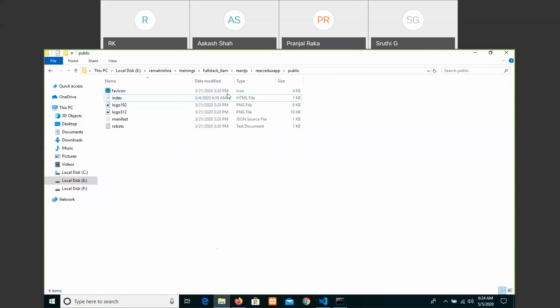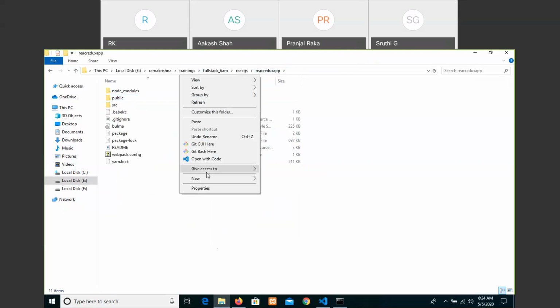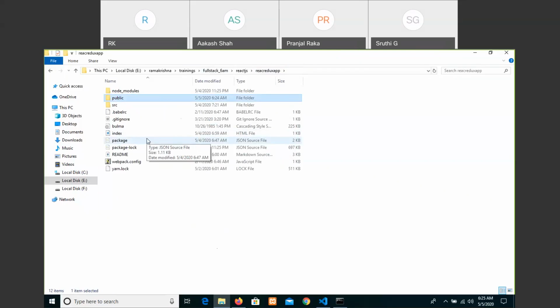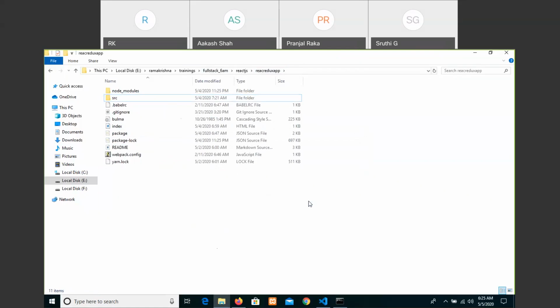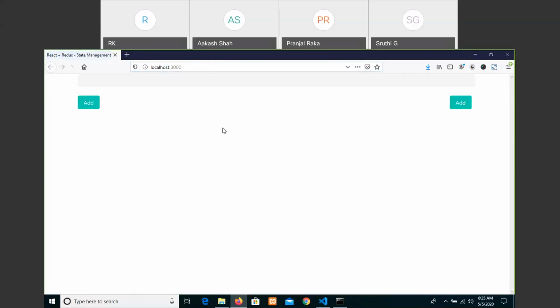Cut this file and place it in the main folder itself, I mean the root directory itself, and then remove. So we just have to do a small change here.